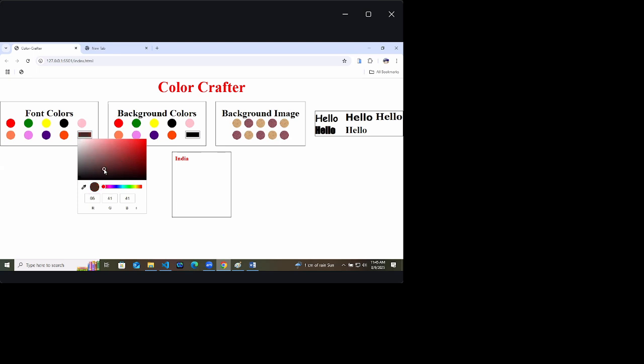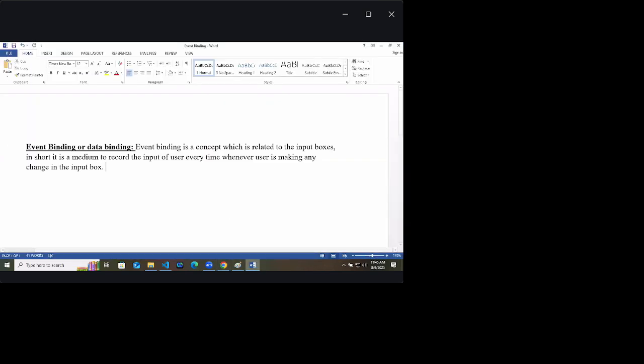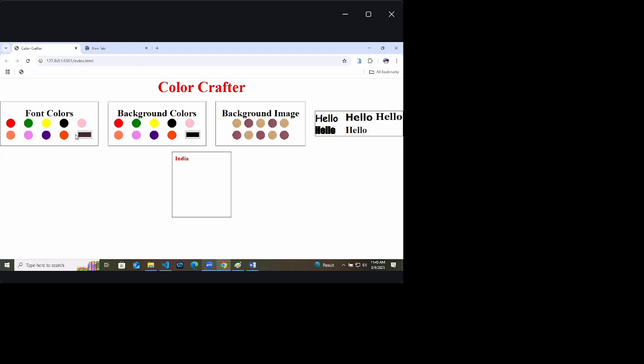So event binding is generally done whenever we don't want the user to click to call the functions. In this input box, where will the user click? Nowhere. The user will just drag this dot icon here and there, right?